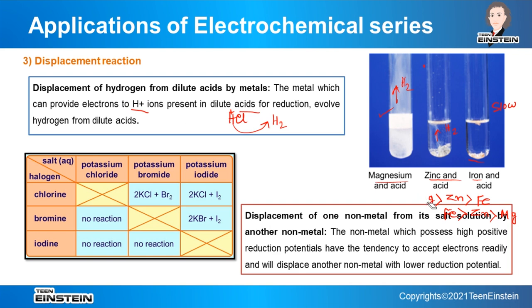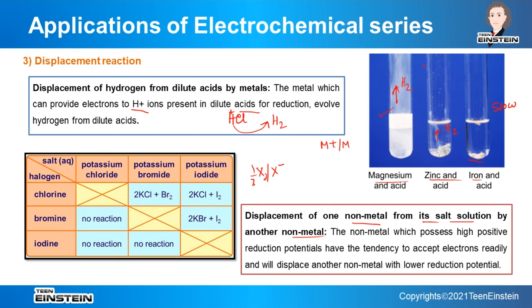is regarding non-metals. In this type, it is a displacement of one non-metal from its salt solution by another non-metal. Until now we have discussed mostly only metals, and we write the system as M+ | M. But now when we are talking about non-metals, obviously a positive oxidation state is not possible. So for the non-metal, suppose it is X, then it will be written as